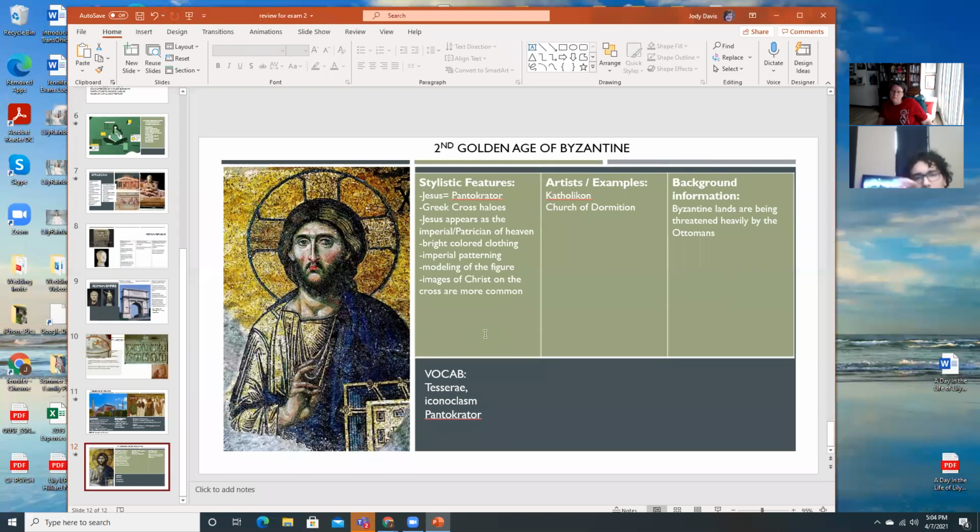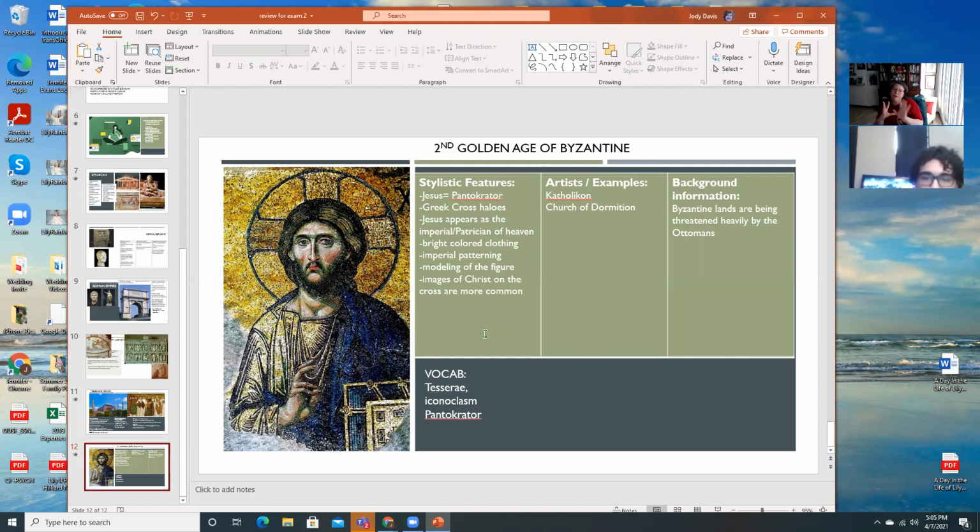And the red cheeks would also be imperial style, right? Yes, I'm so happy you noticed that. When we talked about imperial style on the other slides, I was thinking of large pupils and the thick eyebrows when we were looking at Justinian. But now that I looked at this one, I was like, oh, the red cheeks as well. That variation in the face is very important in the imperial style.